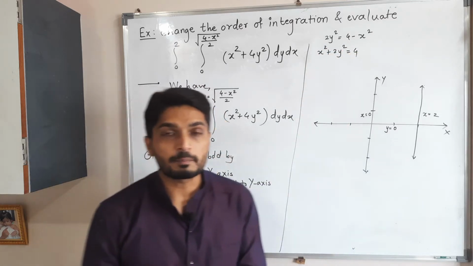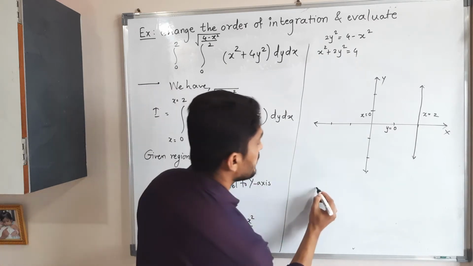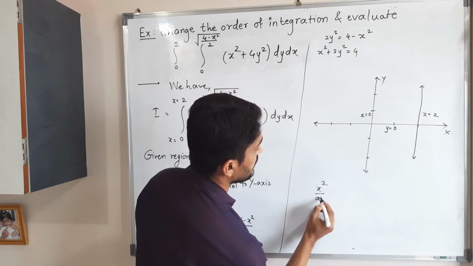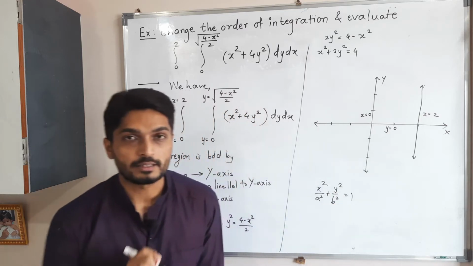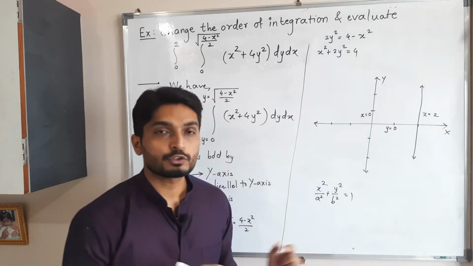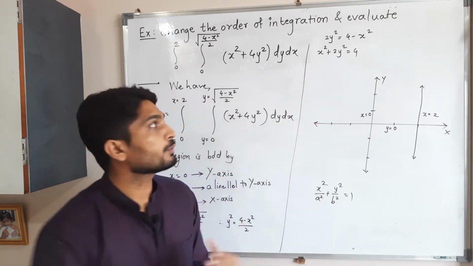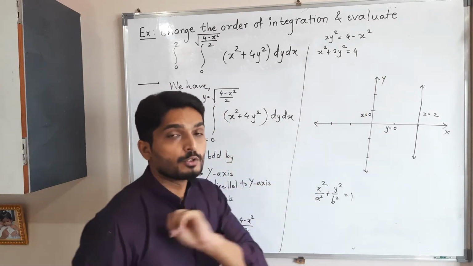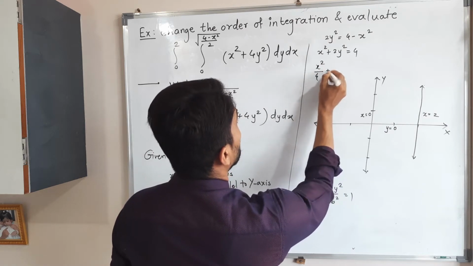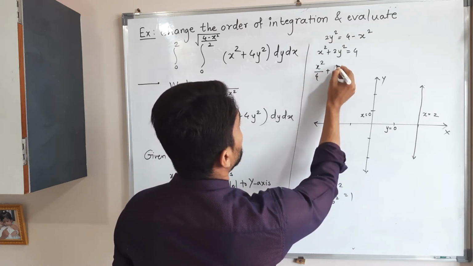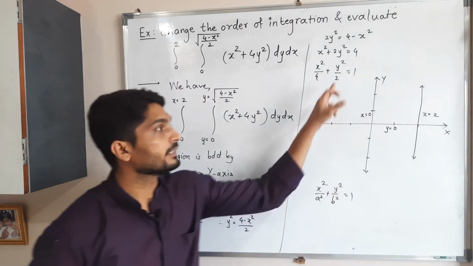So this is 100% the equation of an ellipse, but it is not in its standard form. What is the standard form of an ellipse? The standard form is x square by a square plus y square by b square equal to 1. That means in the standard form of the equation of an ellipse, we always have 1 on the right hand side, but here we have a 4. So what will I do? I will divide both sides by 4. So we will have 1 on the right hand side. Therefore we have x square by 4 plus, if you divide by 4, 2 will get cancelled, y square by 2, equal to 1.